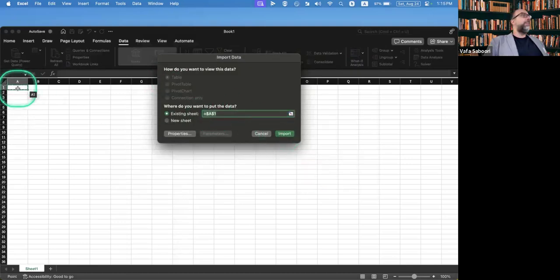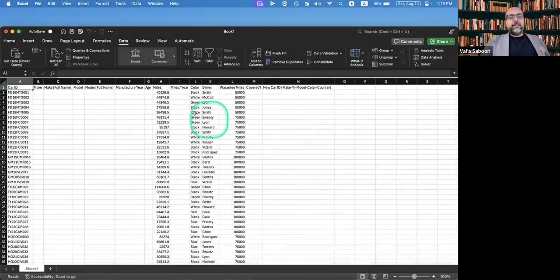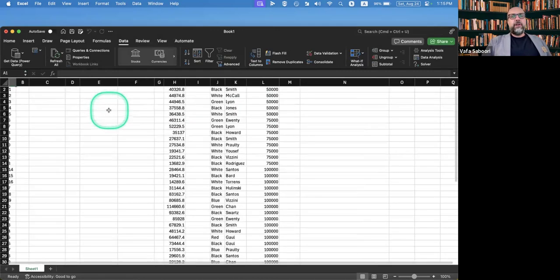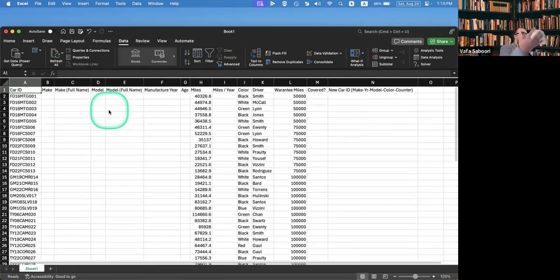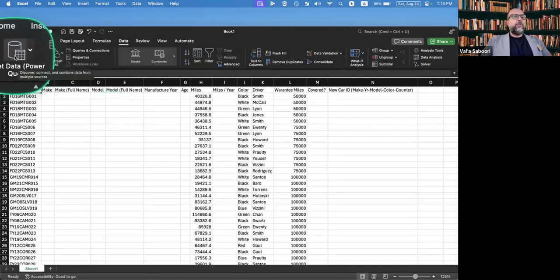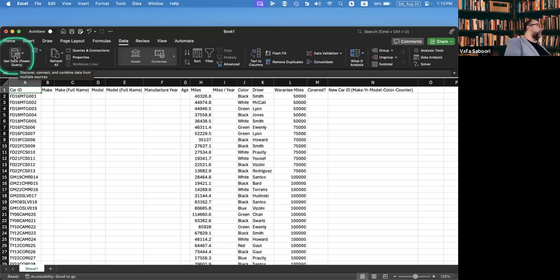It asks me where do we want to start this file. So I would say A1, go ahead and import it, and boom, you have your file. So the first thing that we learned here is that we can get a text file, or with this new Get Data that you have here, you can import data from HTML, from PDF, even from images, from still images. It can extract data. It's not 100% accurate, you need to double check that, but there are different methods of basically getting data into